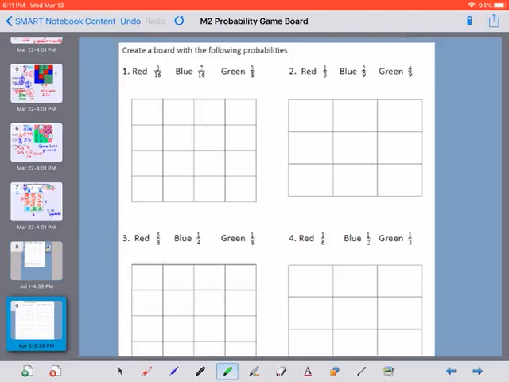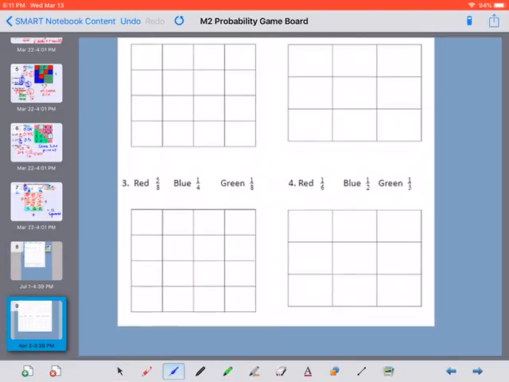And then on the back side, on number 4, I need you to cross off this row. This is not included. You should only have 6 squares for